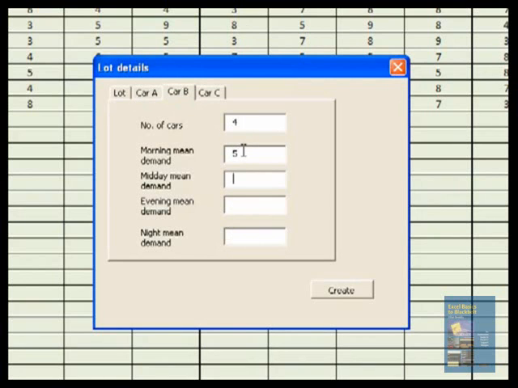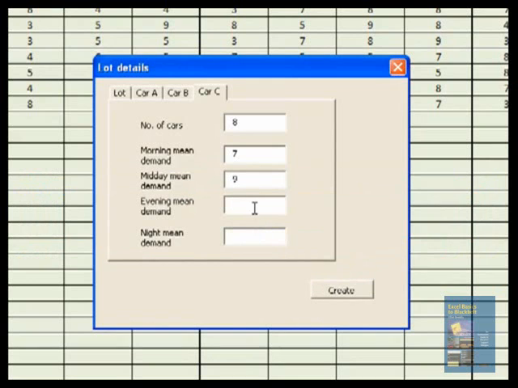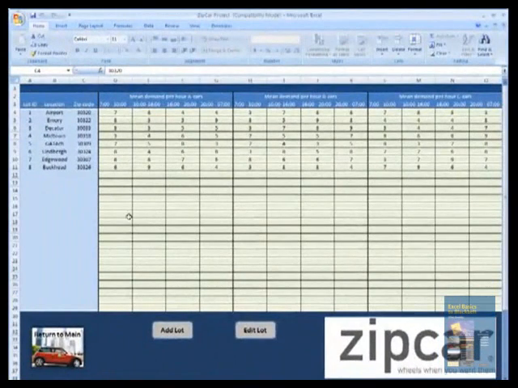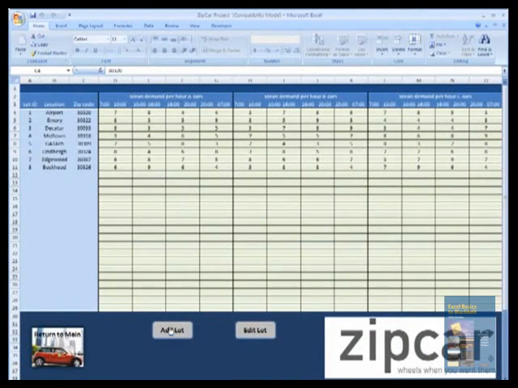So in the morning they have a particular type of demand versus midday, versus evening, versus night. And let's say he forgets to enter some particular numbers, he will get an error message indicating that he needs to enter those numbers. So that's done. He hits create, and you can see that the sheet has been updated to have a new location added.